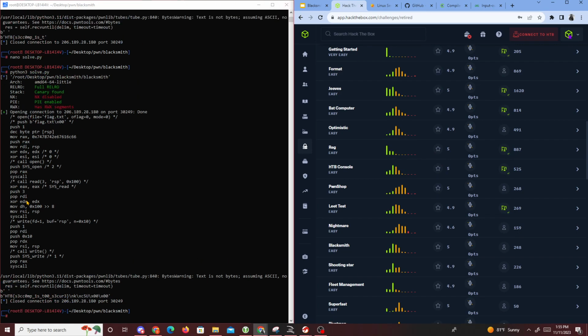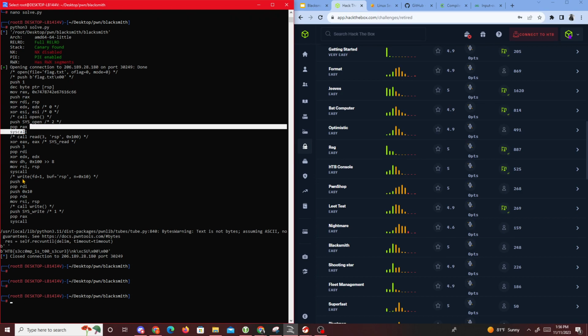But let's see right here. So call read, system call. Oh, this is that, just call read. XOR EAX zeroes it out, so that's probably 0. It pushes 3. Pop RDI. XOR EDX. RSP gets moved to RSI. So write, and then buf is going to equal RSP, the stack pointer. You push 3, you pop RDI, it goes to RDI, and